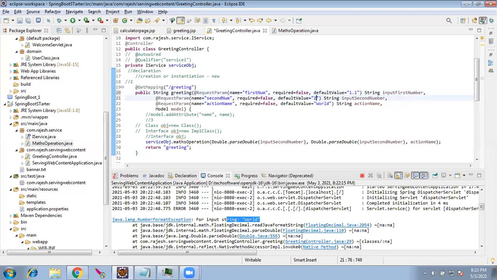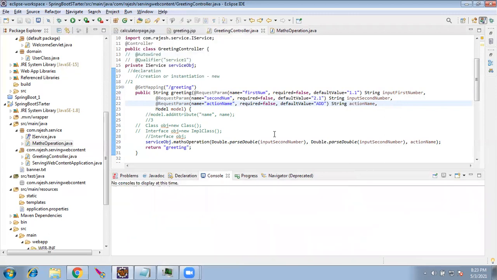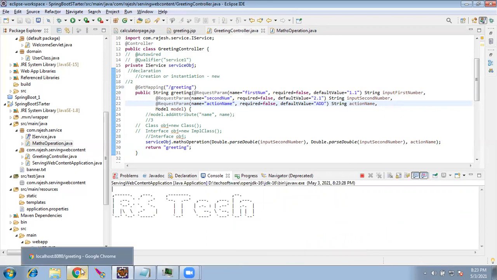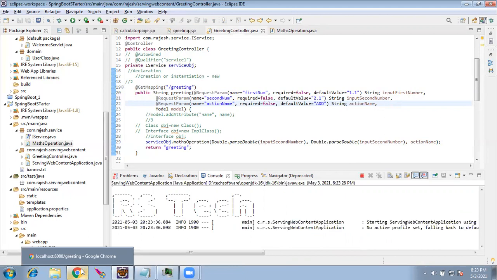Here, let's just do 0.1, and let this be ADD. Okay, but this is not the actual error. I want to show you something else. Yeah, this in core Java also, if you didn't create the new keyword, it's going to say the same error, right? Yes, exactly.